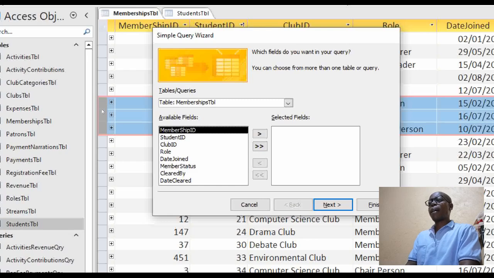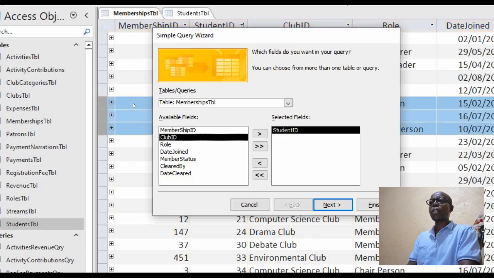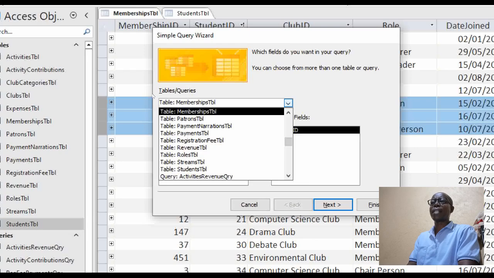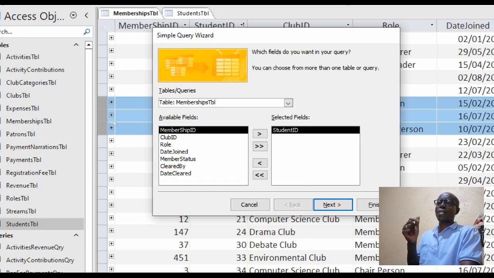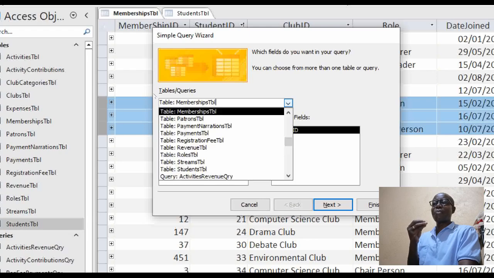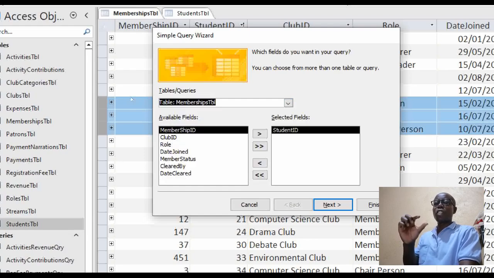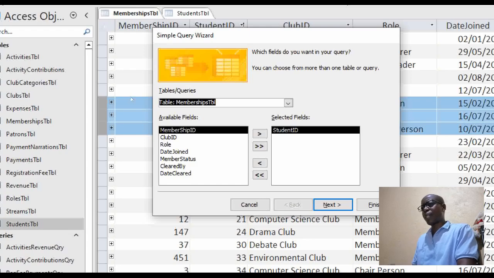So we start by looking at student ID, so that we can respond to the issue of who this particular student is. I began by choosing Memberships TBL, the table that stores information once you choose to join a particular club.